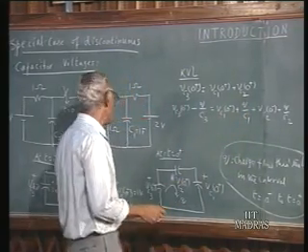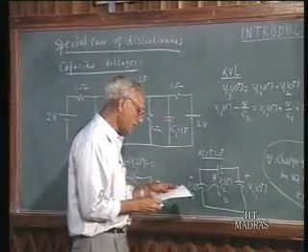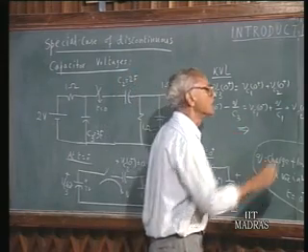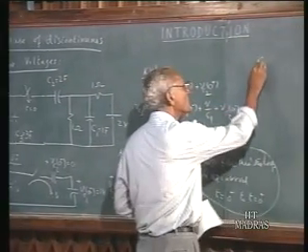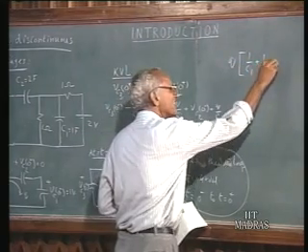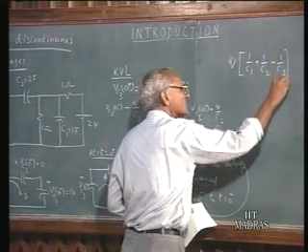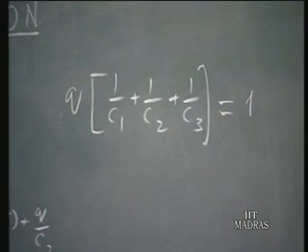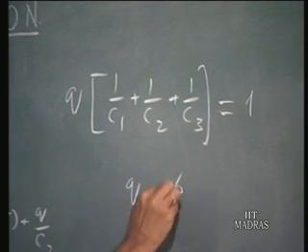You can calculate q using the numerical values. If you solve this, let me write this down here, q times 1 over C1 plus 1 over C2 plus 1 over C3. Solving this equation, you will get this as 1. That is the unbalanced voltage that you get here, and from this you get q equals 6 by 11 coulombs,